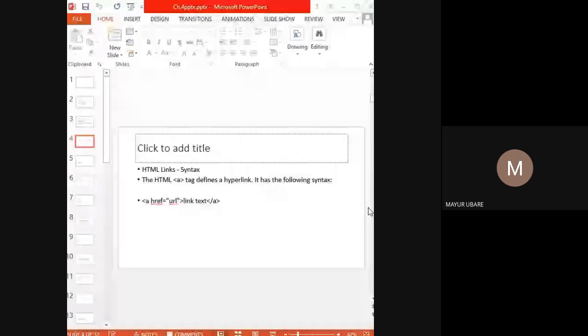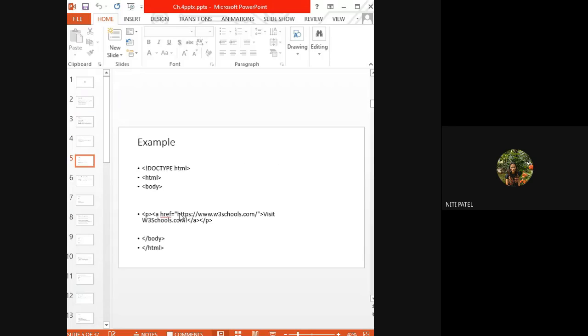Okay. So we know the syntax of the href attribute. It is a href equal to, in double quotes, we have to mention the entire URL, whichever URL we want to link or visit on that particular page. Next was the link text. When I click on this link text, it will take me to that particular URL. If the link text is not there, we had seen what the output will be. It will not take me to the page or URL which I have mentioned over here. Then next we had seen the example that when I click on this visit w3schools.com, it will take me to this https